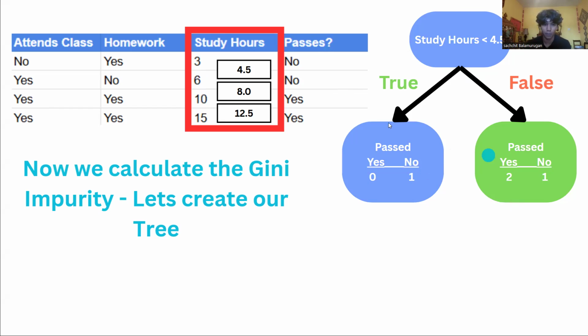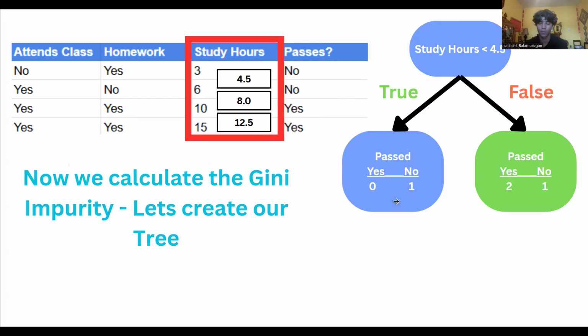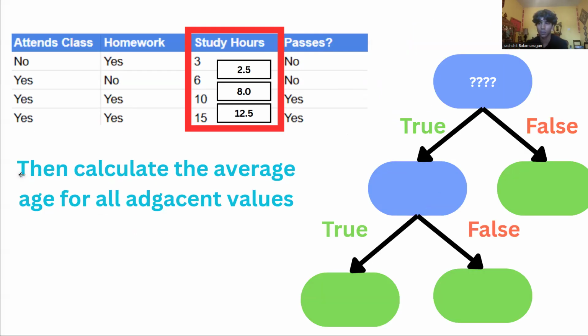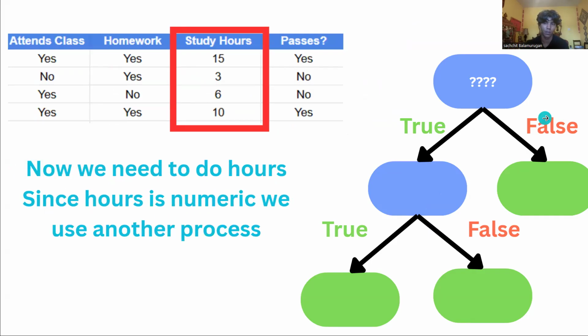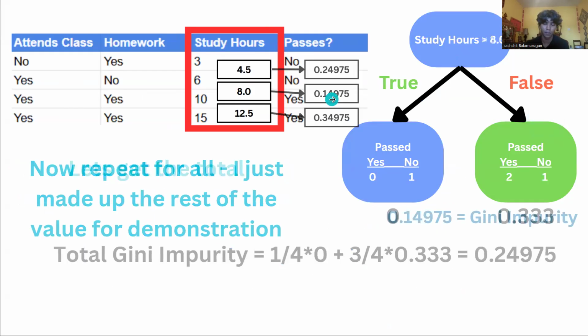Now you're calculating the Gini impurity. So you see how you have yes as 1, yes is 0. Can you go a slide back, wherever you calculate the actual math?